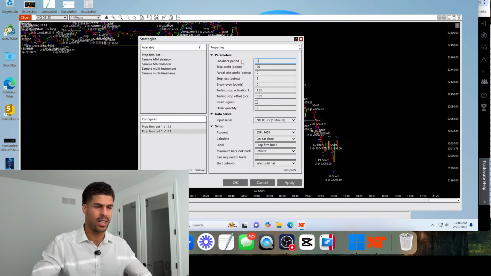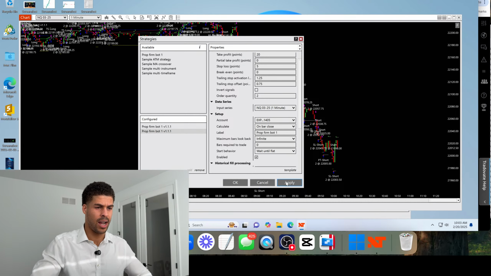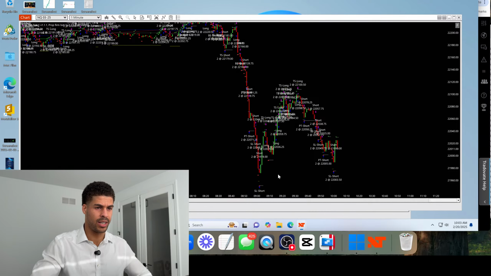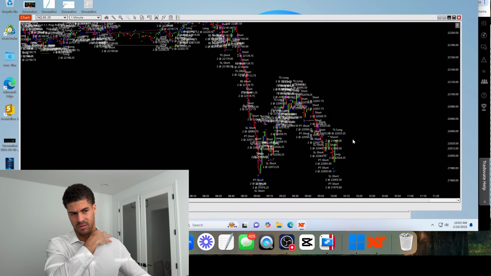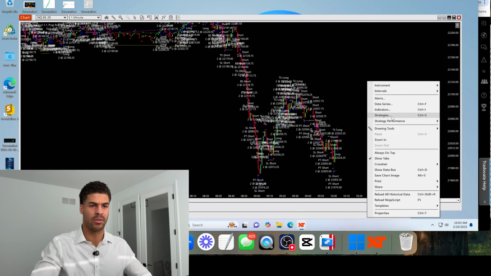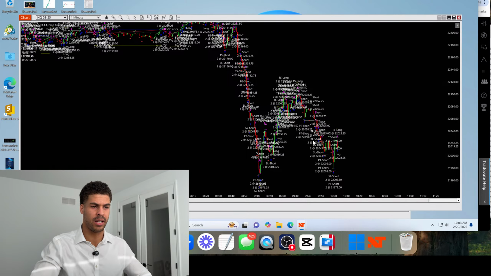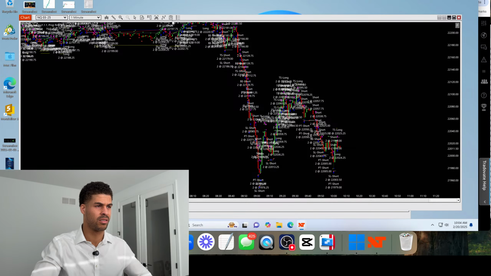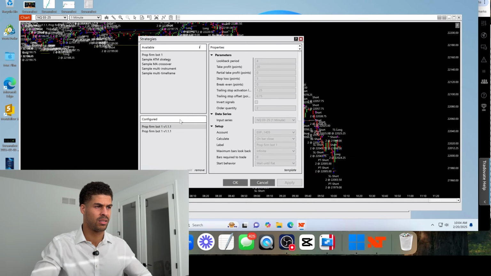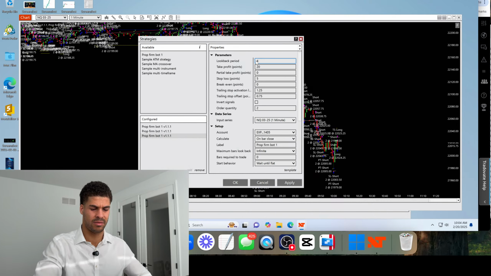So the reason we have to test everything is I thought I had really good results in TradingView, and I did, but once we got to NinjaTrader, the results really changed. And so now I have to reconfigure this bad boy to make it profitable on this platform, which could be kind of tough. So let's do that again. Make it 2 though. Or, make it 5.